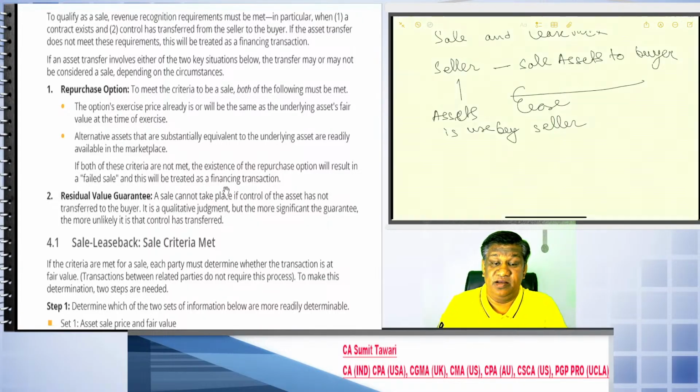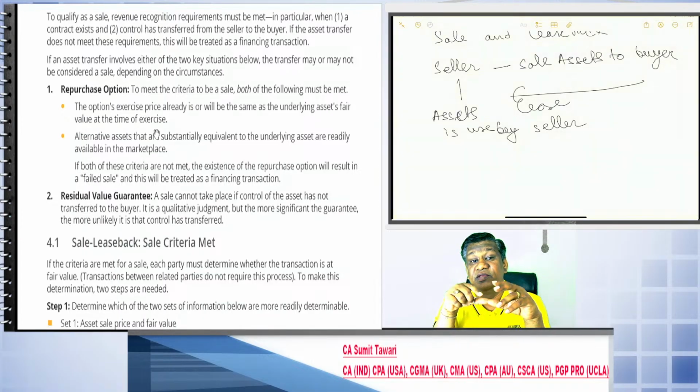That means if these two conditions are met, then you can say it is a sale. If these two conditions are not met, then look at the first one: the option exercise price already is or will be the same as the underlying asset's fair value at the time of exercise. So whatever the fair value of the asset may be, that would be the repurchase price. That means the buyer needs to buy, what happened here,